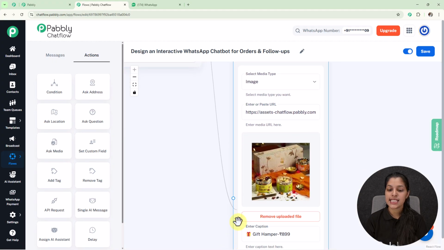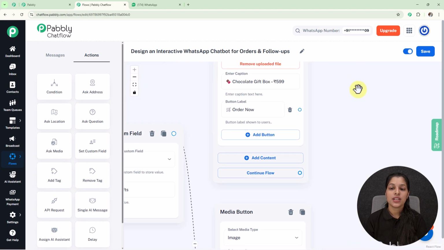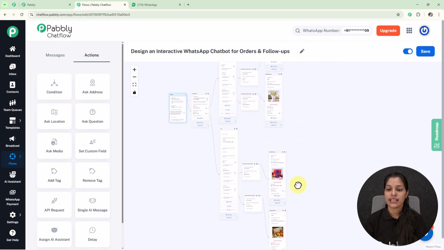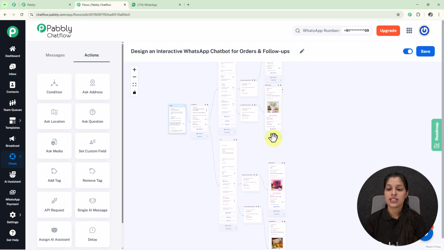So here you can see the image of the combo gifts as well and the chocolates. So now with this we have successfully provided the image of all these list items. Now if my user selects this order now button, I am going to ask them some questions for placing the order. So for that you just have to move over the actions where you will see this